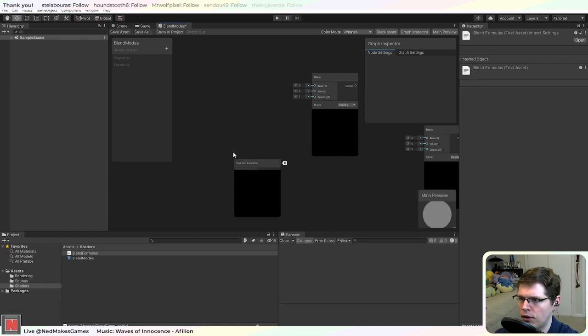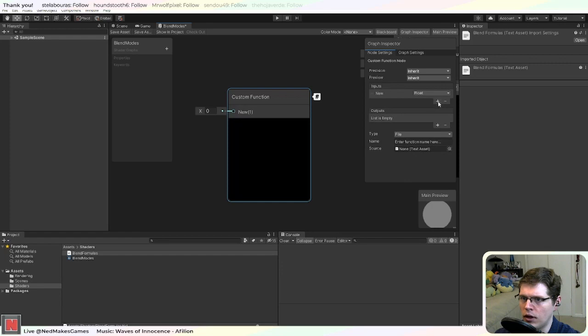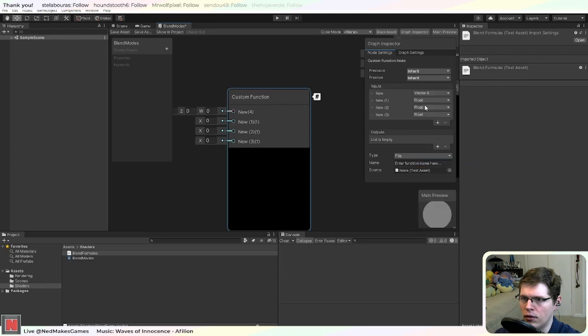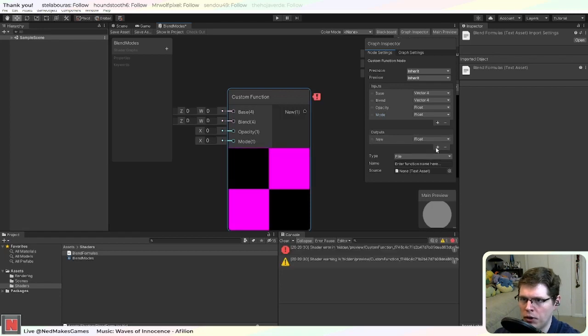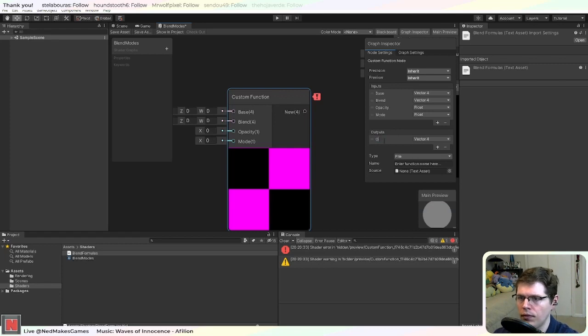Okay, and then in a custom function, we can set this up so it has 4 inputs for the 2 colors, the opacity, and then the mode. Base, blend, opacity, and mode, and then it has 1 output, which is also a float 4. Okay, and blend formulas, and then